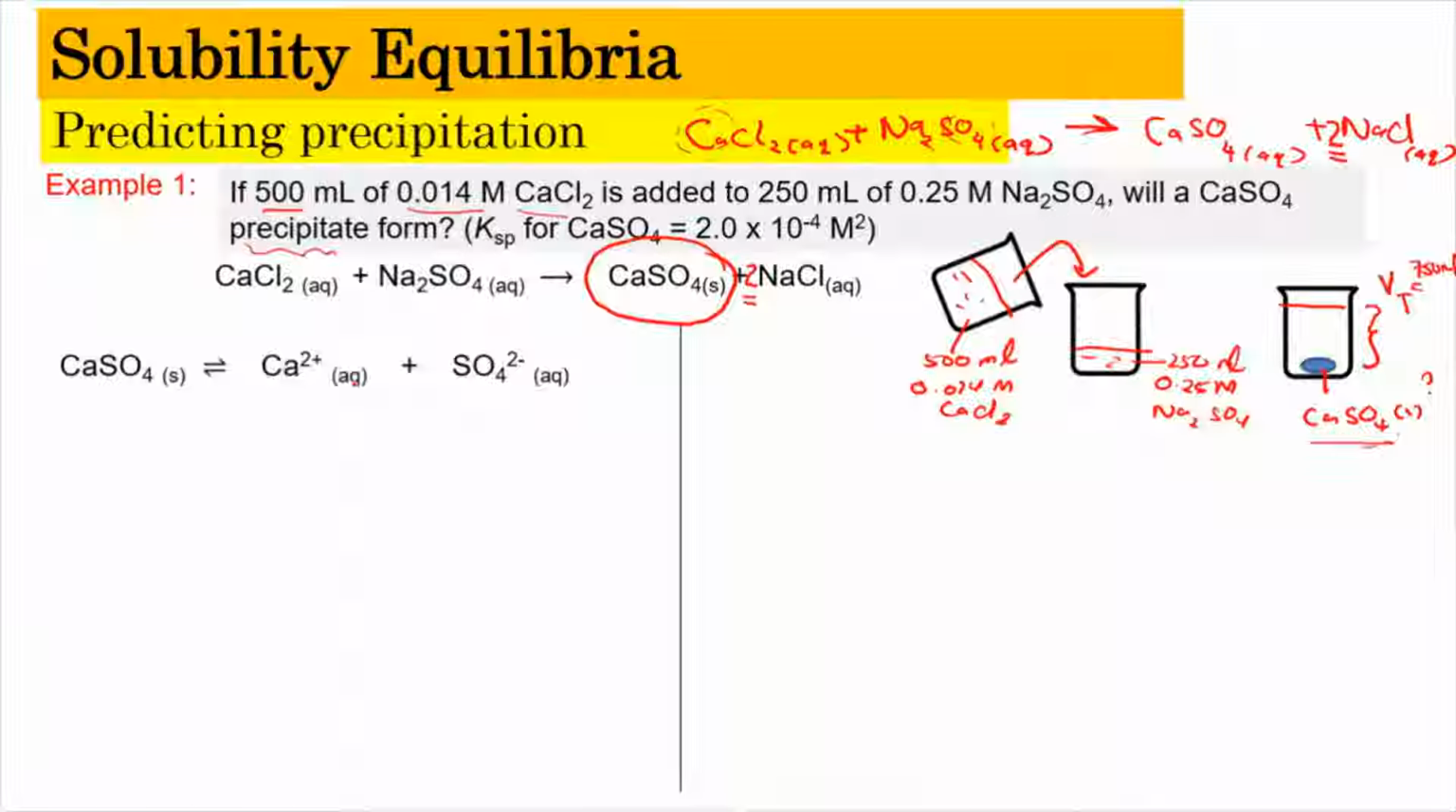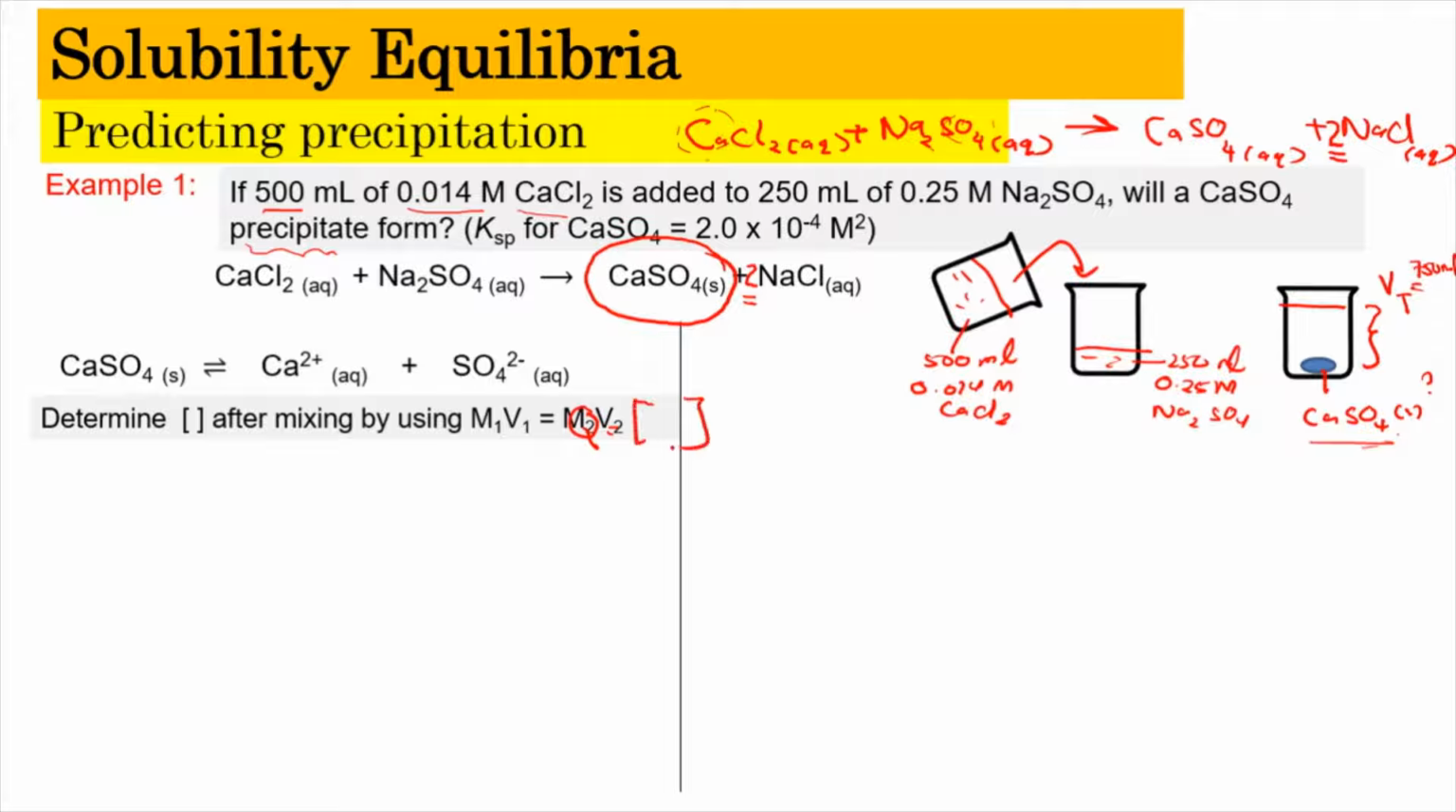It's going to be in equilibrium with its aqueous ions, which are Ca2+ aqueous as well as SO4 2-. For this reason, we need to calculate the value of Q first and compare that with our Ksp. Okay, so in order to find the value of Q, we need to get the concentration after these two are mixed. Bila dah dicampurkan, dia akan memberi concentration of the Ca2+ as well as the